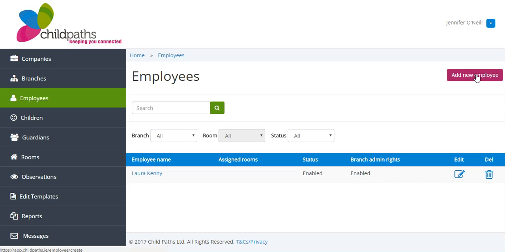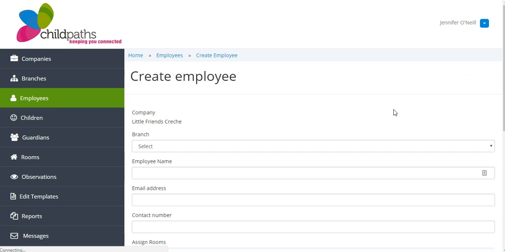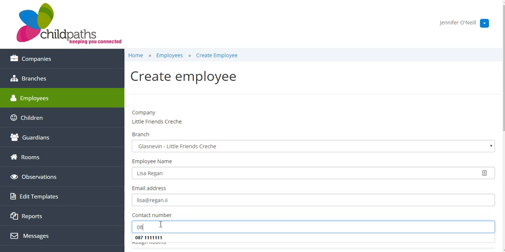So we want to add in a new staff member. We click on add new employee. When we click in there, it's another form you're filling in. So you're clicking in to the branch. The staff member's name is Lisa Regan. Her email address is lisa@regan.ii. Her phone number is